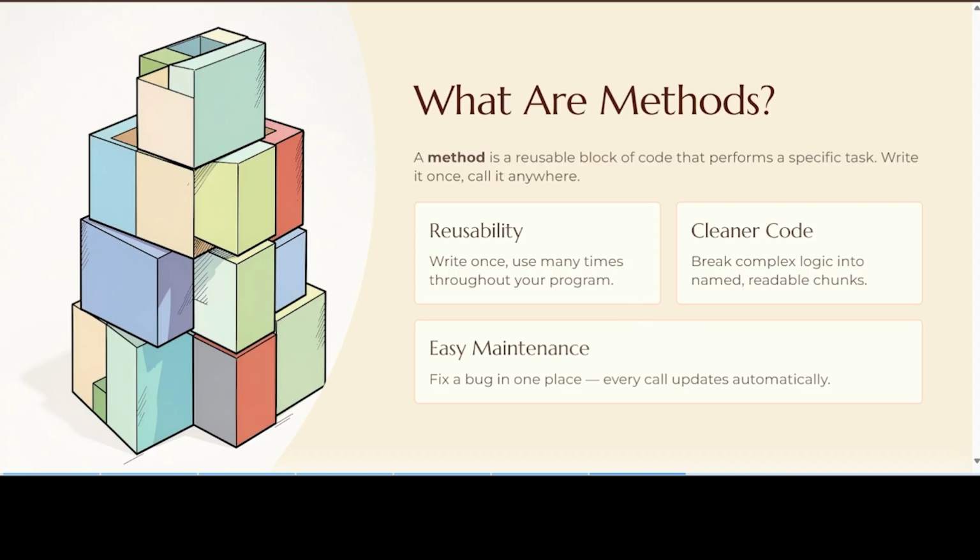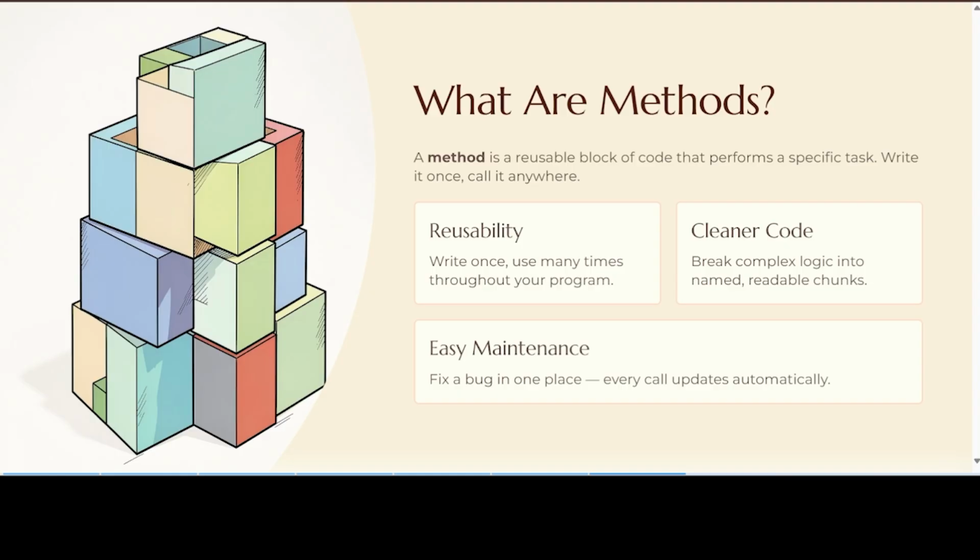So what is a method? Method is also an important concept. A method is simply a reusable block of code. Instead of writing the same code multiple times, it looks very messy, right? It will look like long code, and the person who is reading it will feel why this code is too long. So instead of writing the same code multiple times, we write it once and reuse it